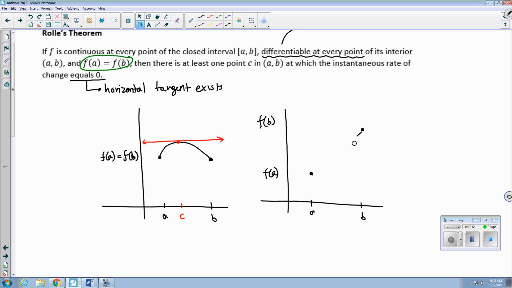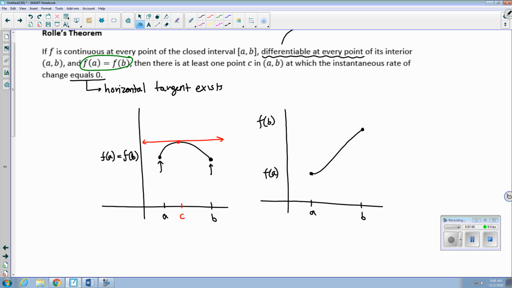But there is a definite guarantee that I will have an instantaneous rate of change of zero if the outputs of the endpoints are the same. Okay, so that's the condition that makes the instantaneous rate of change guaranteed to be zero at some point. And the way to think of it, in more layman's terms, is I have a starting point f of a, and I want to get back to that same point as I move along the x-axis. So how do I get back to that same output? Well, I would have to flatten out at some point along my journey to get back to that starting position,